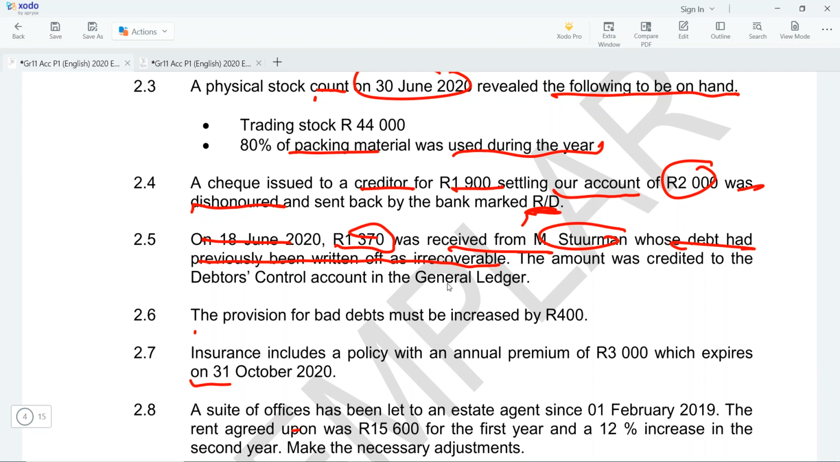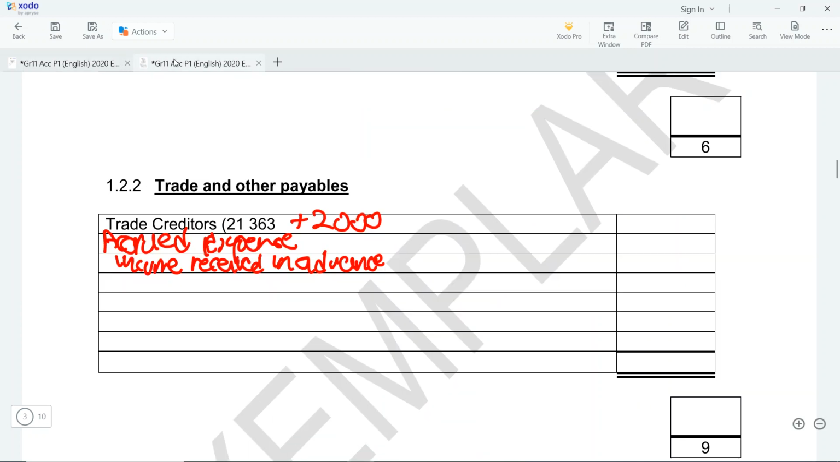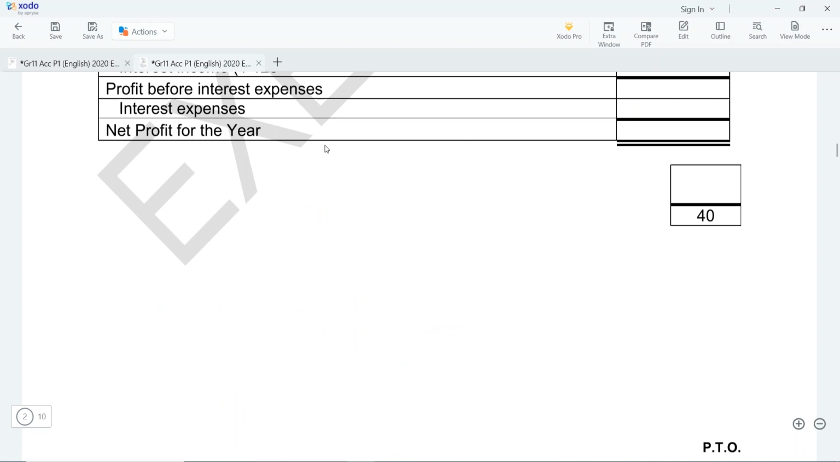Normally, we're supposed to record that as bad debt recovered in our books and also show that the money was received in the bank. But here they're saying that the amount was credited to the debtors control account in the general ledger. So instead of them crediting bad debt recovered, they credited the debtors control. Which means that we must take this to bad debt recovered and then add this back also to the debtors control. So we say in the income statement, our bad debt recovered will be